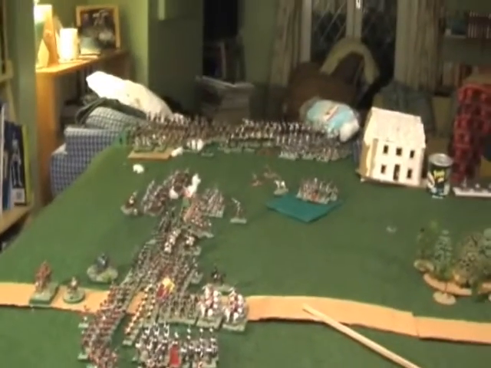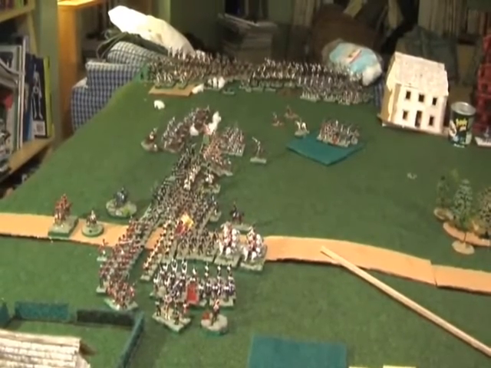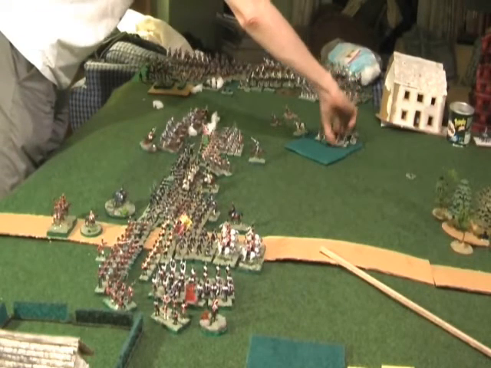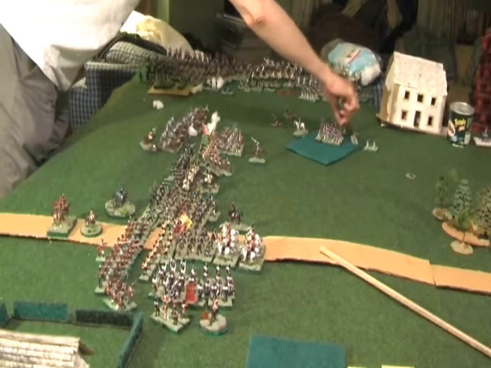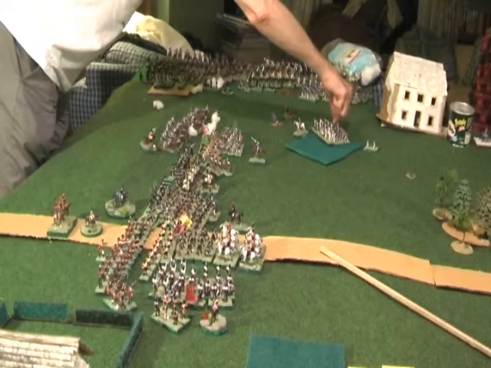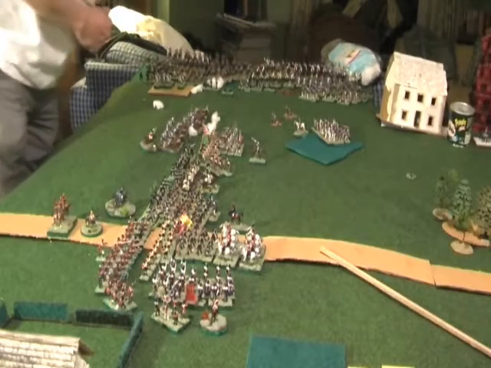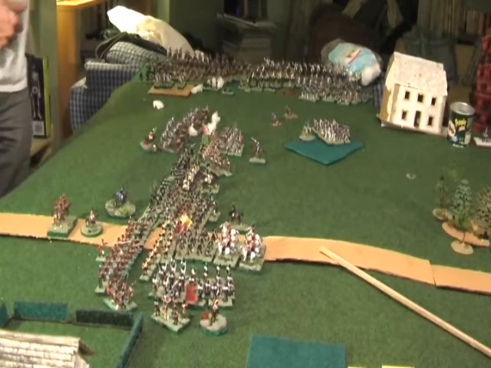And the Imperial Guard are going to form up and move in. Come out of square, takes one turn, but they're ready to move next turn if there's any point. So,